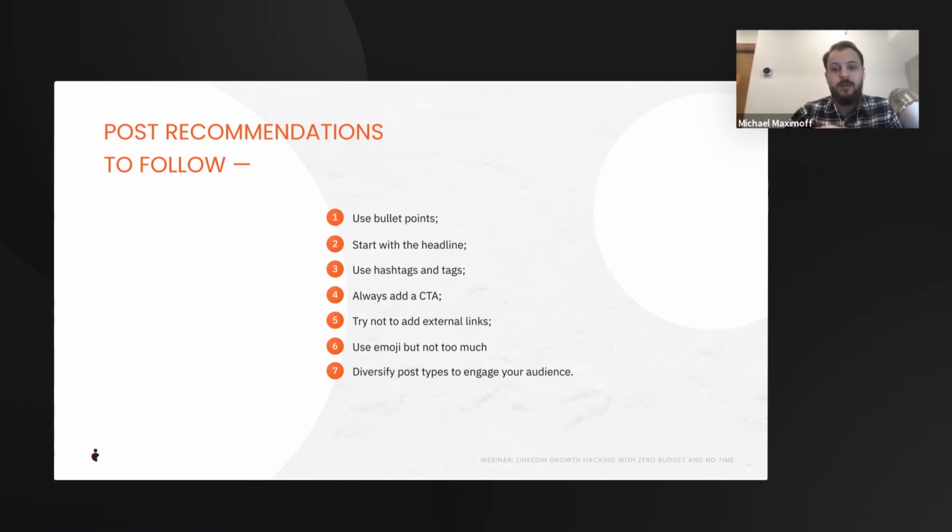Do that. Then use emoji, but not too much. Obviously, emojis will create more entertainment and more flavor, and more emotions to the context of the post, right? So do